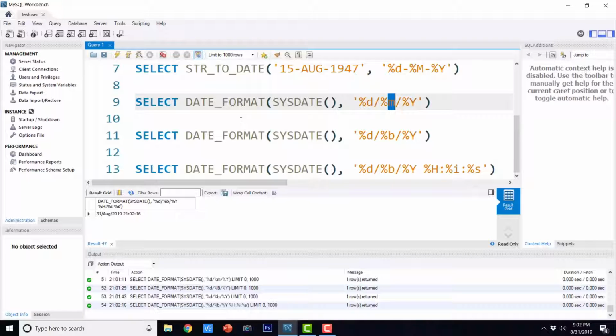So I want you to go ahead and practice these two functions more and try to use different formats in order to increase your understanding about the datetime data type in SQL and how we can format them for our advantage, because your end application might require the datetime in a different format than it is stored in the computer.